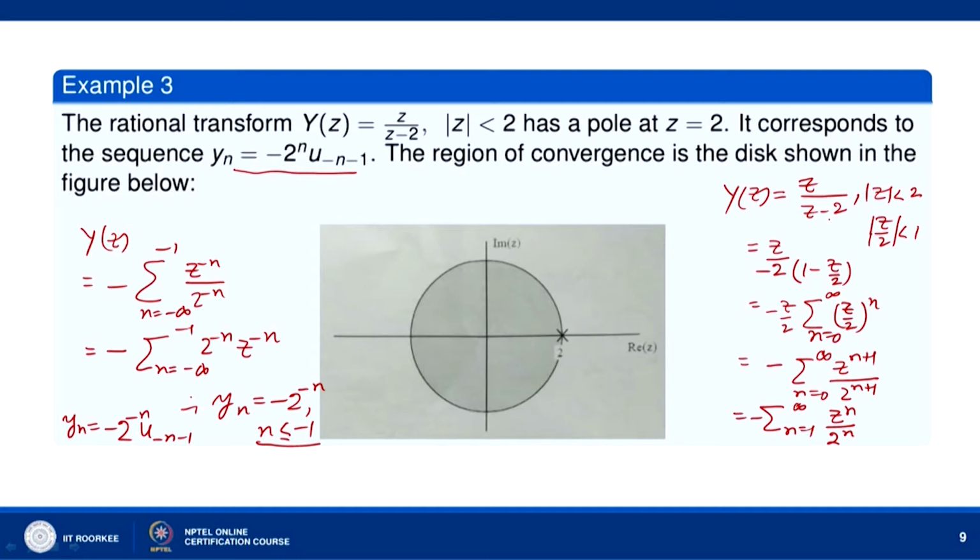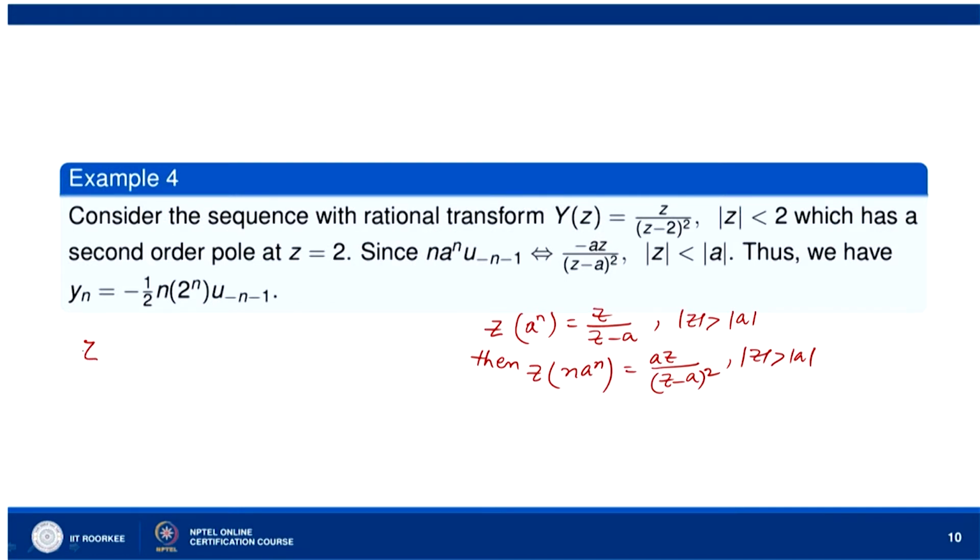This 2 can be replaced by a. So, we can easily see that the Z transform of (z minus a) raised to the power n is z over z minus a when mod of z is less than mod of a. In a similar manner as we have done in the previous case, by following the same steps we can see that the Z transform of minus a to the power n is z over z minus a, and n is less than or equal to minus 1.